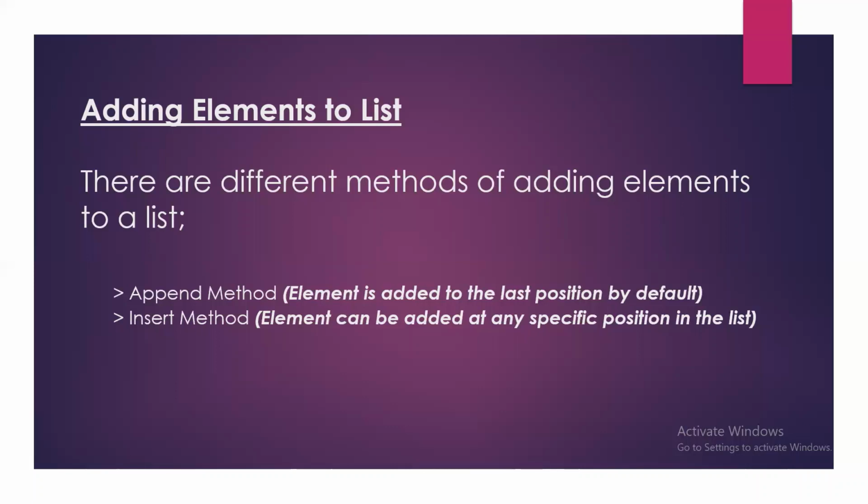Without including that element means that if we want elements of a list from third element to sixth element, or say from second element to fifth element, then